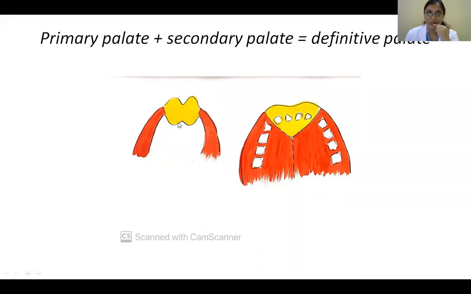The skin above the lip, then you have the lip, the gums, and then a little bit of the primitive palate. As I told you, this is where the four incisors develop, and then the genes tell them to start producing the shelves. These start producing the shelves like this, and they meet in the midline. They have to meet in the midline and also with the primitive palate. Again, if there is a defective fusion, there will be a cleft.